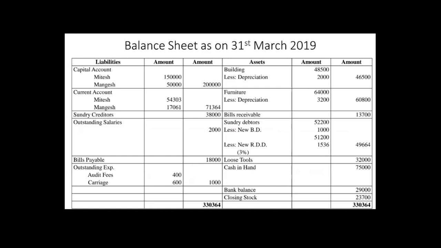क्योंकि वैसे भी partners' capital में जो भी balance है वो liabilities में आएगा, right? So in place of preparing a separate account, because it might be time consuming, we directly mention this capital amount in the balance sheet. If you see over here, liabilities में हमेशा पहला जो item होना चाहिए, it is always capital. So in the capital account, we have mentioned Mitesh and Mangesh,